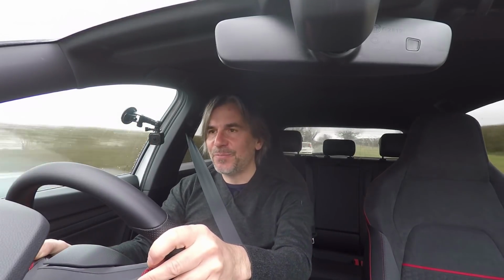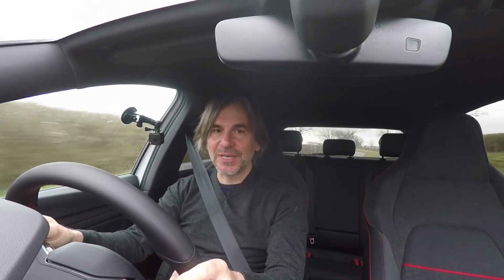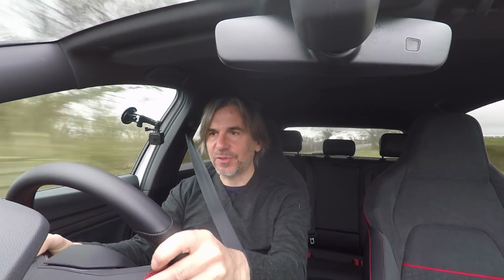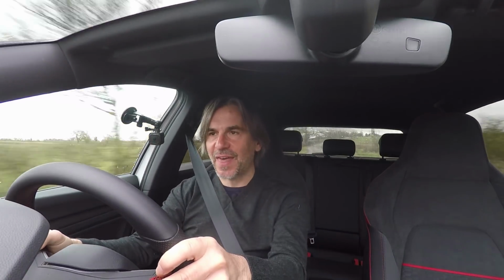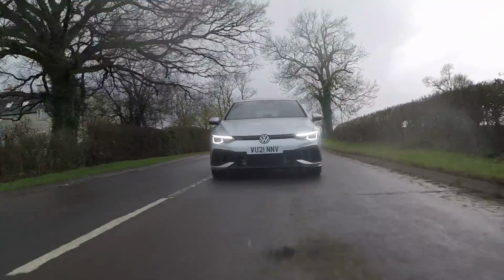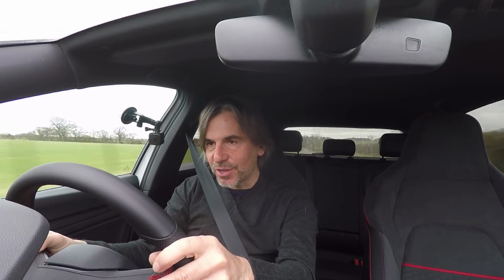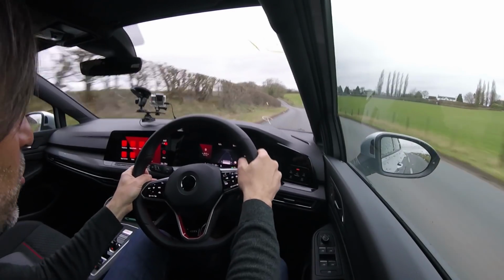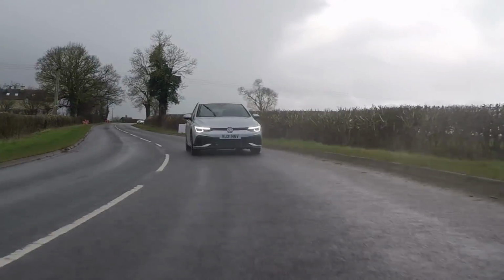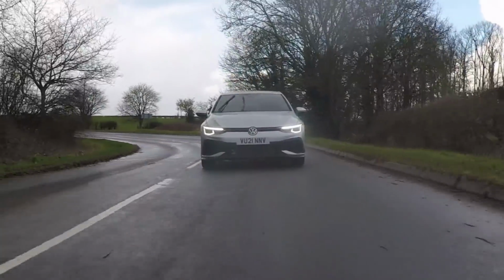And I can only describe this car as feeling like how Golf GTIs used to be if you modified them. So say you took a 7.5 and put some nicer dampers on it, some coilovers, something like that. That's how this car now feels from the factory. And you might have increased the negative camber as well while you've done that. Well, they've done that for you as well, because it means you just get a lot more grip and it's less prone to understeer. It's a really pointy, direct, precise car now,